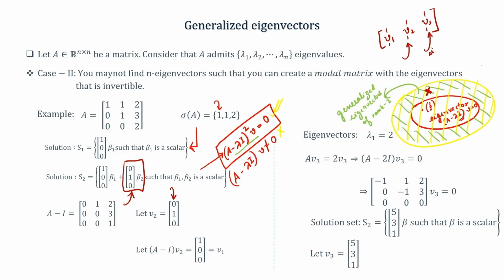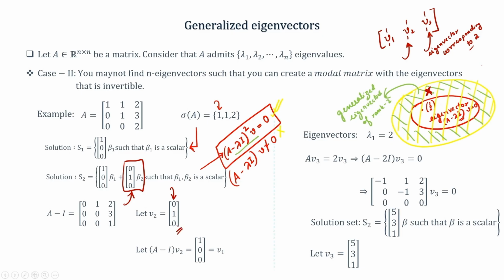The third column will be the eigenvector corresponding to 2, because for 2 we could easily find an eigenvector, right, since it appeared only one time as an eigenvalue. So, I just needed one eigenvector and I could easily find that. So, V3 will be that eigenvector. The only problem was that I could find V1, which is an eigenvector corresponding to 1, but I could not find the second column. So, what I am doing is choosing the second column here to be this generalized eigenvector,